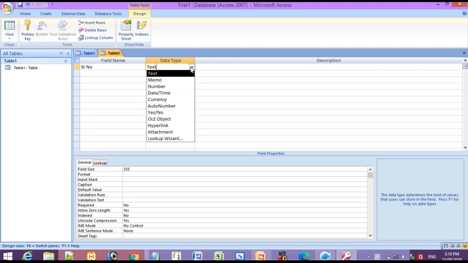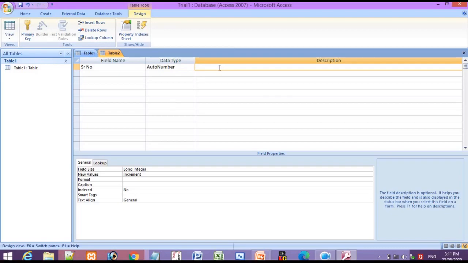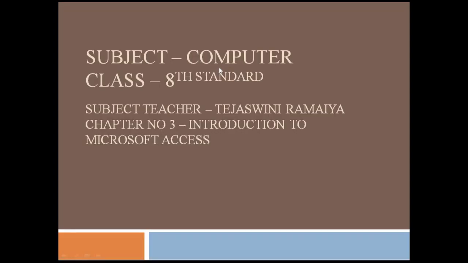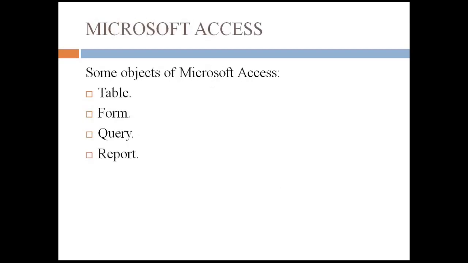So these are all the data types that you can assign to your field name. Okay, so here I am assigning an auto number. This I have already taught you last time. I hope that you are understanding it again. This one is the revision of the first point from working with tables, that is creating a table in design view. So this one is again a revision.